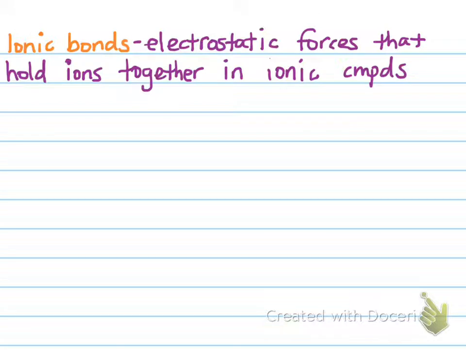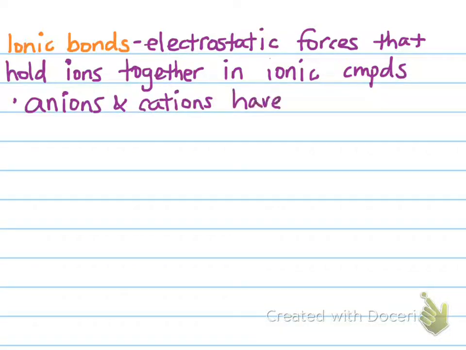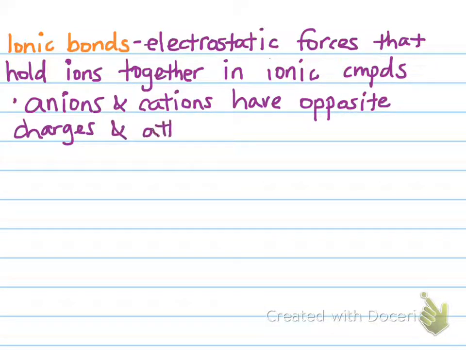It's called an ionic bond, but it's this attractive force. Hopefully it makes sense that they have an attractive force because anions and cations have opposite charges and attract one another